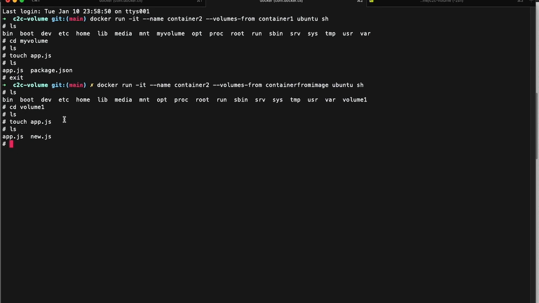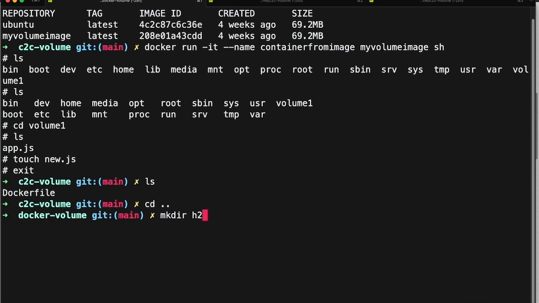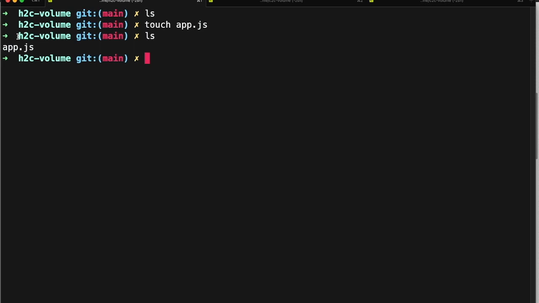So now let's see how you can work with host to container volumes, right? So let's exit from these containers, and let's see what we have inside our directory. We have the Dockerfile only. Let's create another directory, dir host to container volume. Okay, let's go inside, and if you do ls here, there is nothing, right? If I want to create a container that will be mapped to my local directory here, how can I do that? Let me first create a file here, app.js. So in my local directory I have the app.js file,